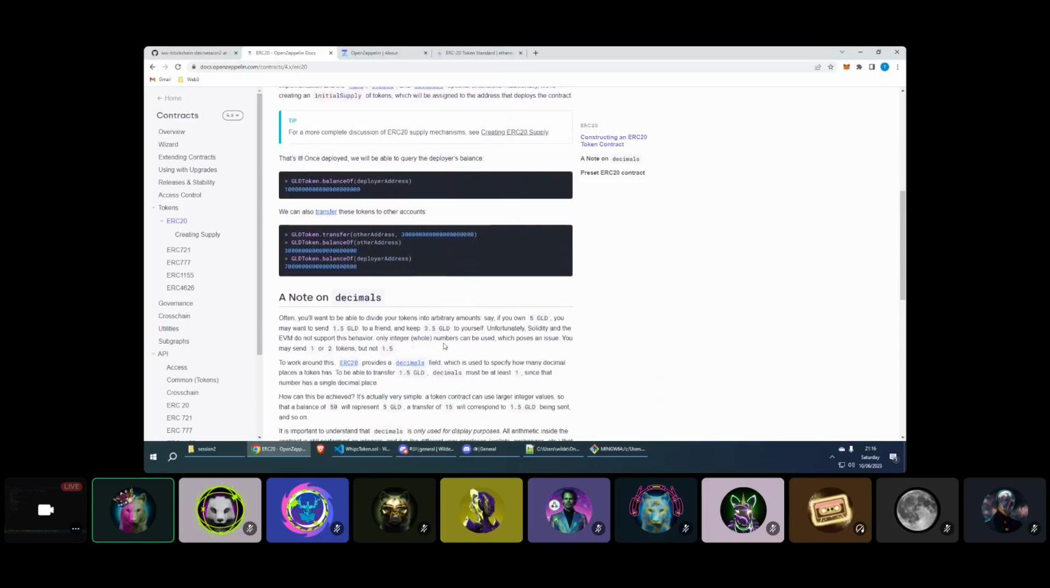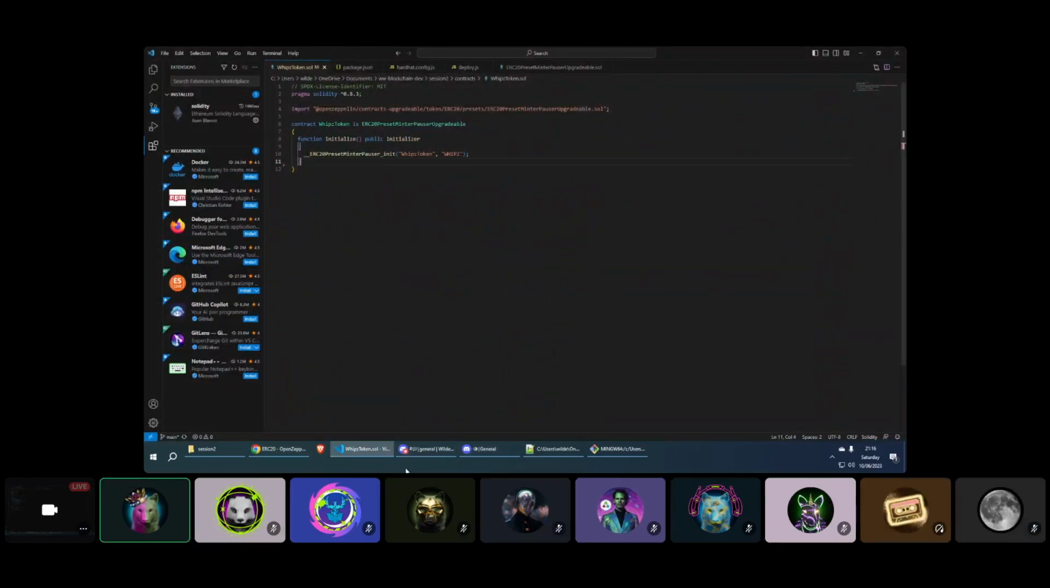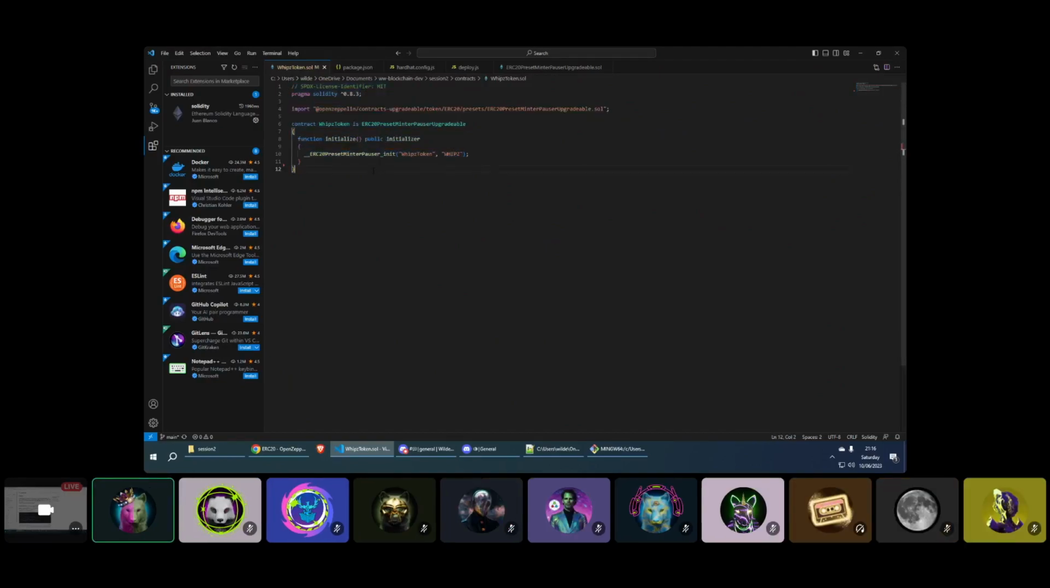At the end they introduce the idea that they have all these package contracts. So I'm going to talk quickly about what all this stuff means, and then I'll show you the OpenZeppelin package folder. Okay, so